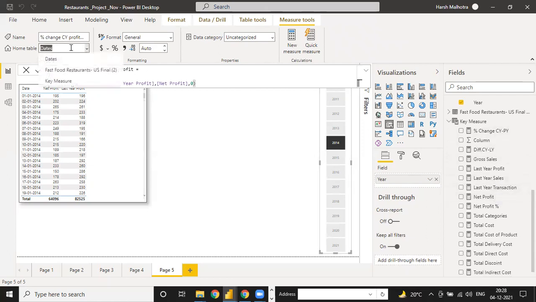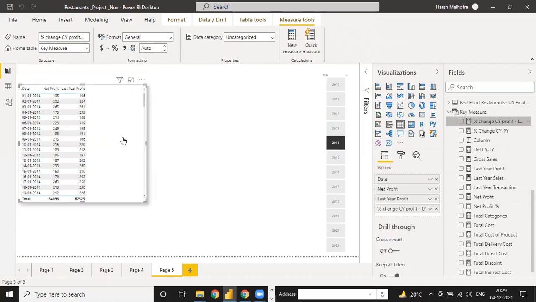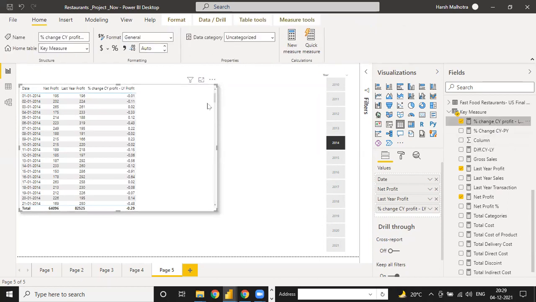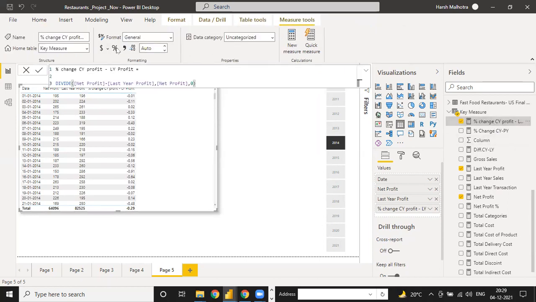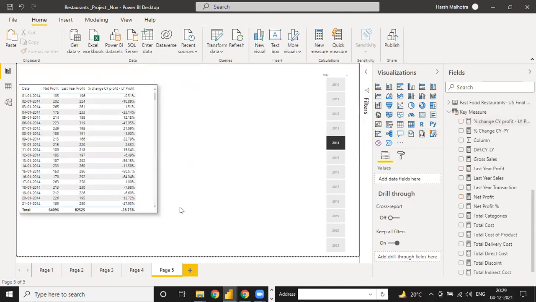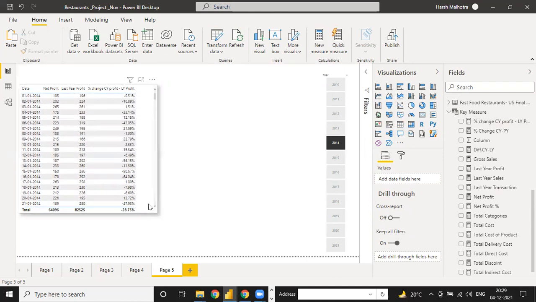Okay, just change the table name. See, somewhere you change the measure and you click this measure in a different table, so you can change your table name as well. Now see, the answer changes directly without any difference. You can calculate your profit. Okay, so why am I telling you with difference? Sometimes some person asks how to calculate without a difference. We have to calculate this profit percentage, and see, the answer is 28.75%, and it changes day by day. And same way, this is the tabular presentation.